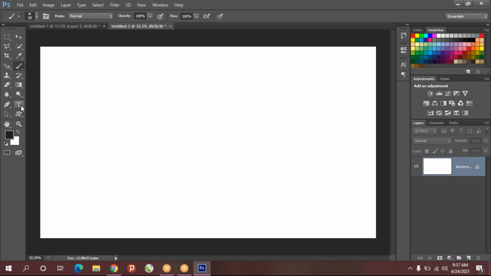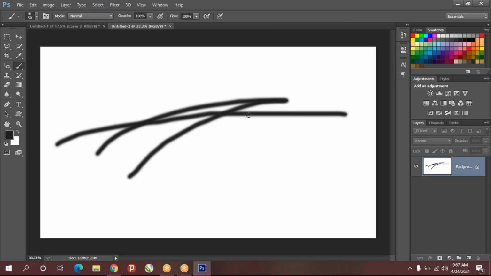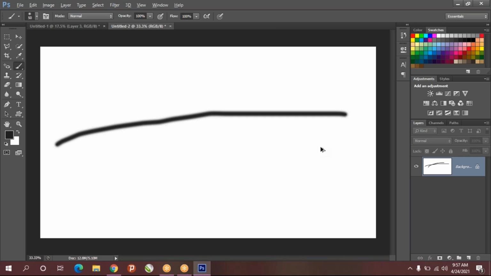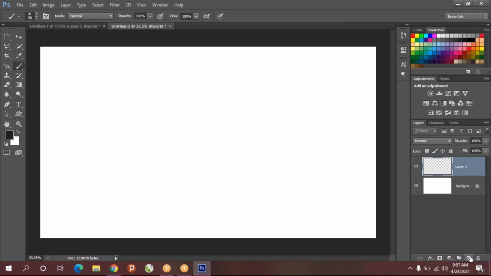That's it. And more about text options. So take brush tool. So as you know already, you can just brush as you like, and I'll create new layer always.